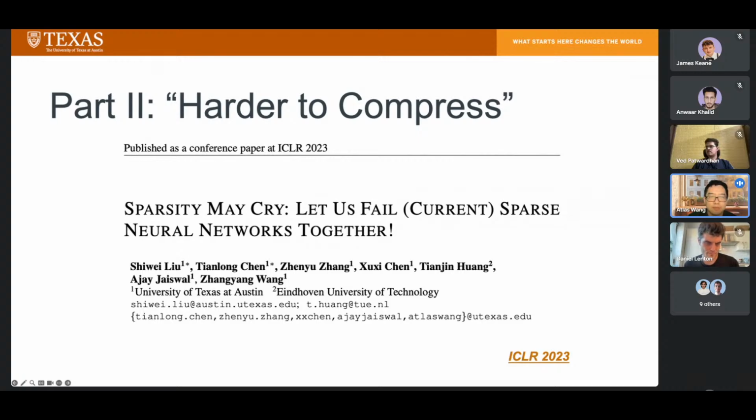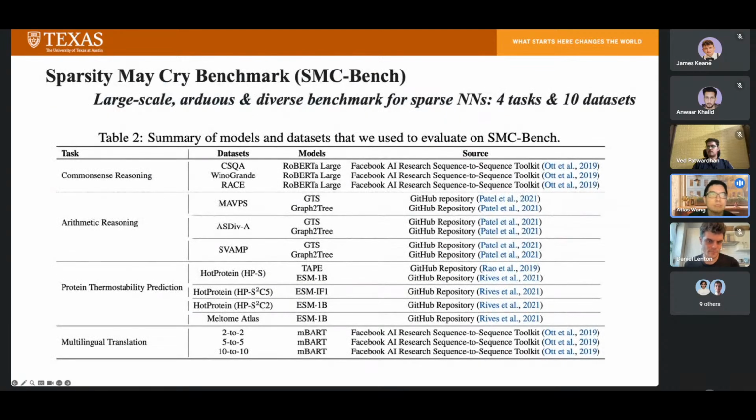So harder to compress also arises from what tasks to choose. This was described in our ICLR 2023 paper called Sparsity May Cry. It's a benchmark effort. We created it because we are so tired of people reporting pruning methods on ImageNet classification mostly. Sometimes we even see results on CIFAR and MNIST, which I really don't read any useful information from. But we spent some time to curate a much larger pruning benchmark using datasets and models at